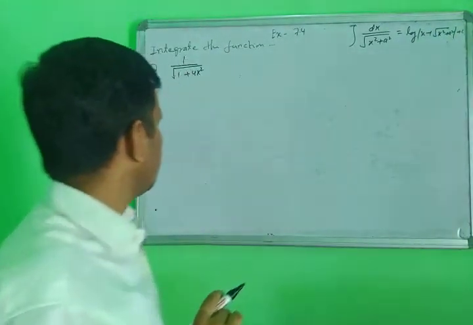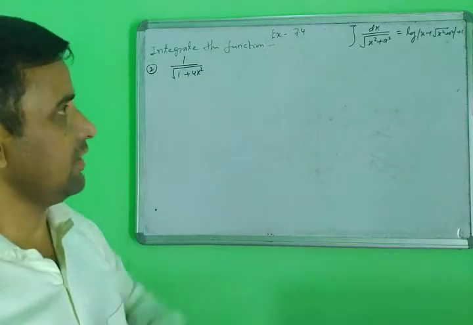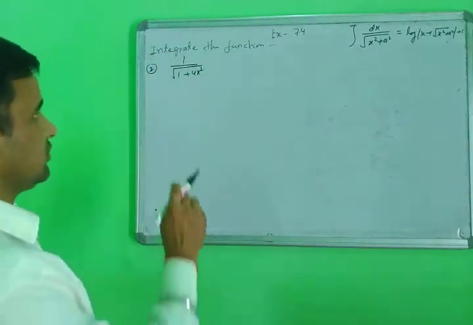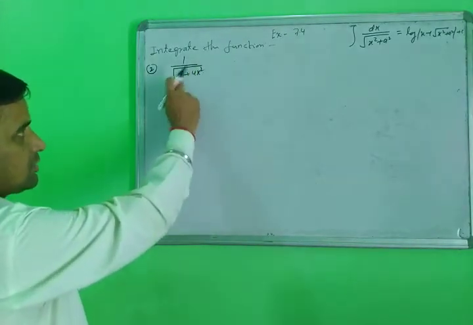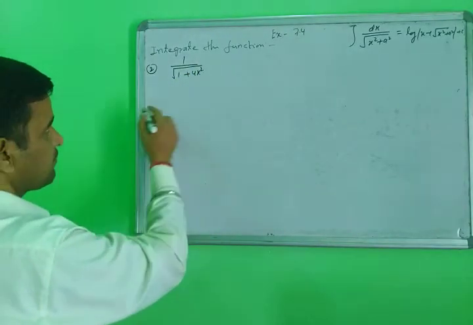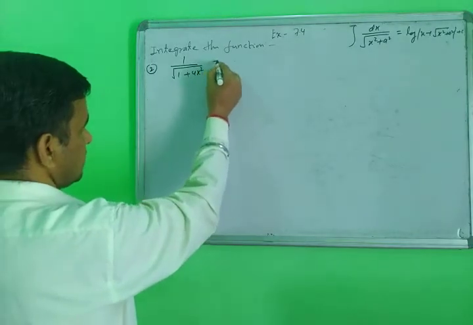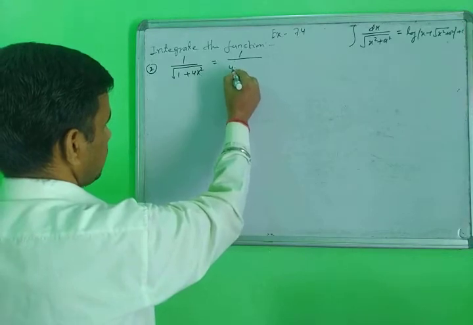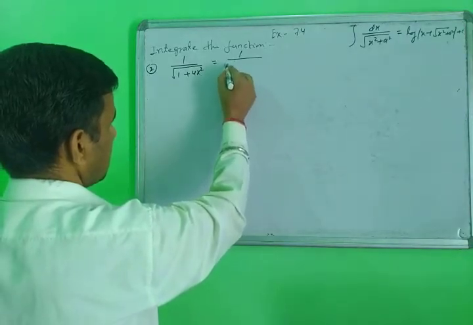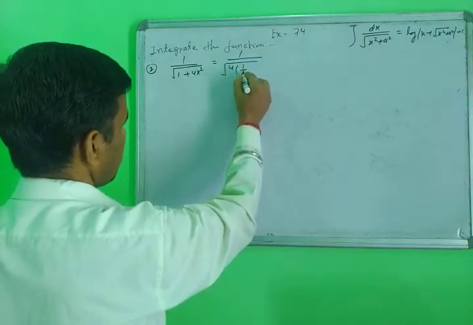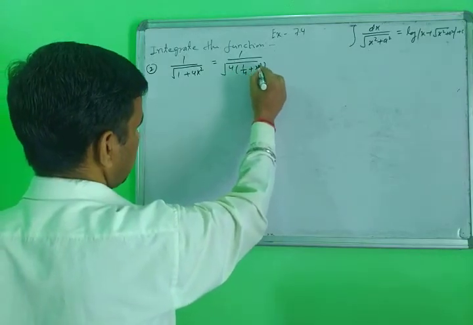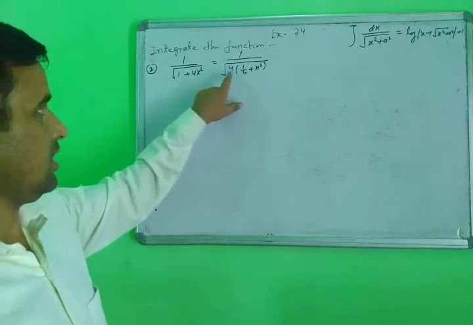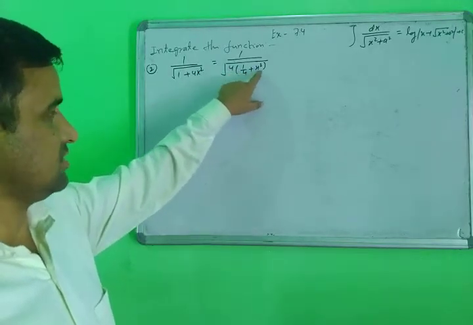Means you look at this question in a similar way, using the identity here. First of all, remove the coefficient of x square. How to remove it here? You will take 4 common, so 1 upon root of 4 times x square plus 1 upon 4. You are multiplying and dividing by 4. When you multiply inside, this is the 1 and this is the 4x.